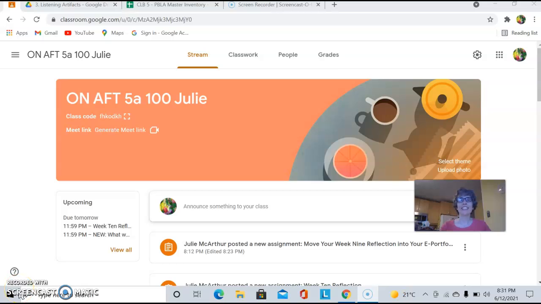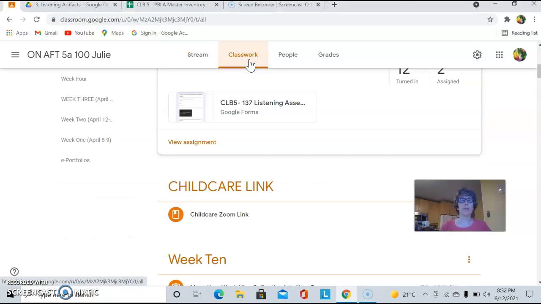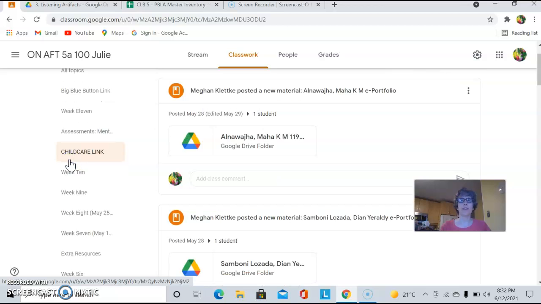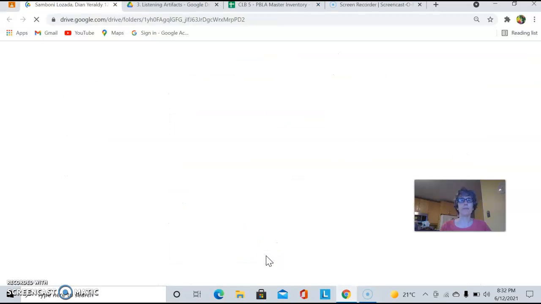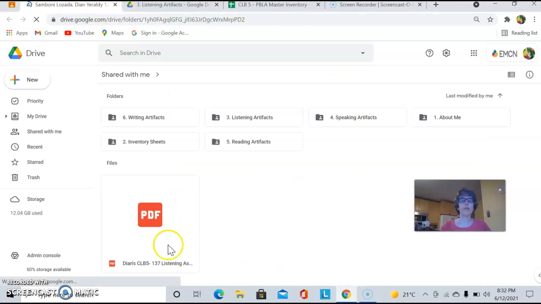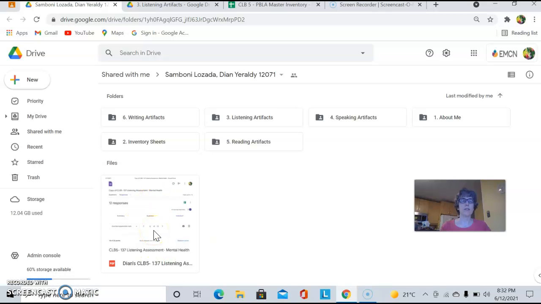Hi students! Today I want to show you how to record your listening assessment in your ePortfolio. So you're going to go to the Classwork tab of your classroom and click on ePortfolios. Then you are going to find your ePortfolio and click on it. Now you will see you have a listening assessment, so click on it